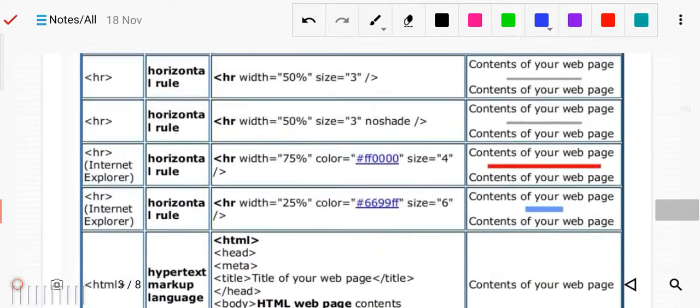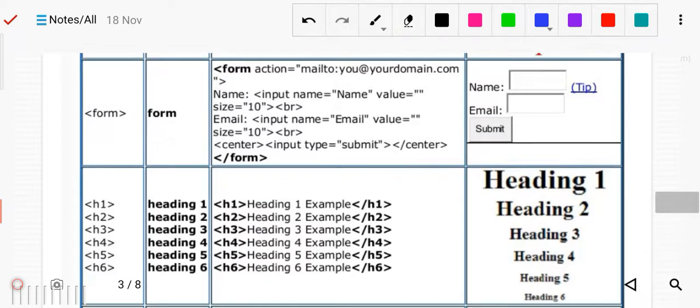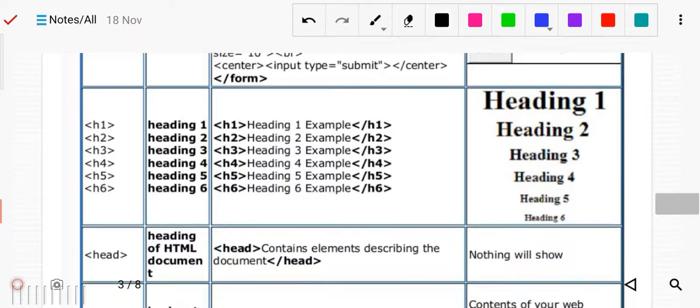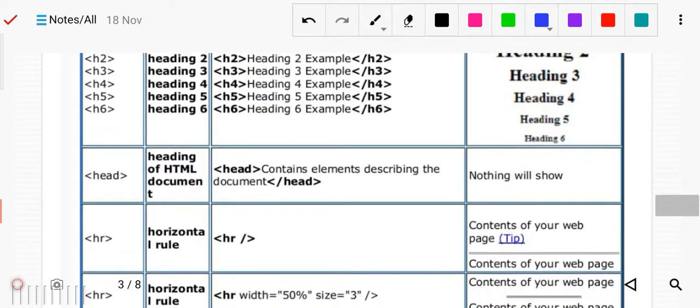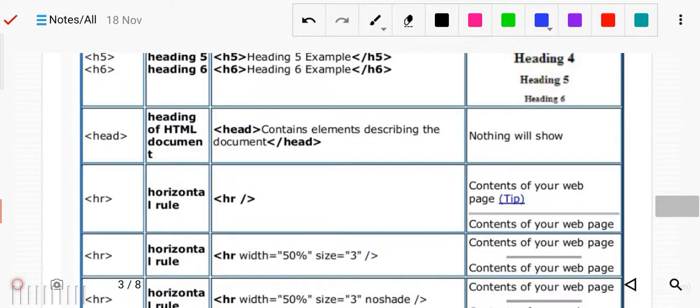Just see all these tags, like a form tag. There is an action that we will study in the next chapter. Then headings, h1, h2, h3, h4, h5, h6, these are the headings. Then the head section, you can see the hr tag, horizontal rule.